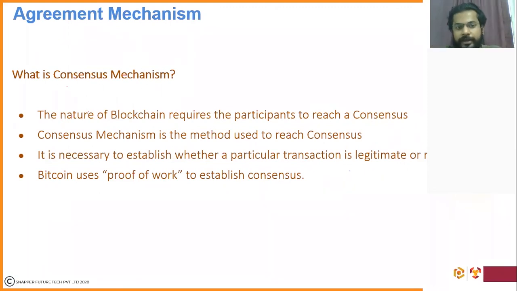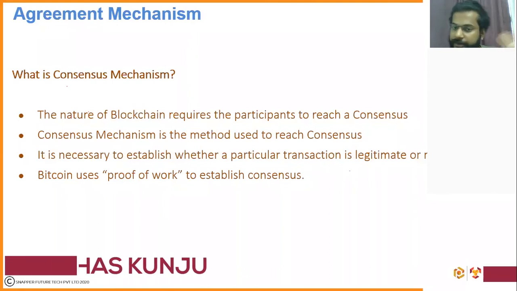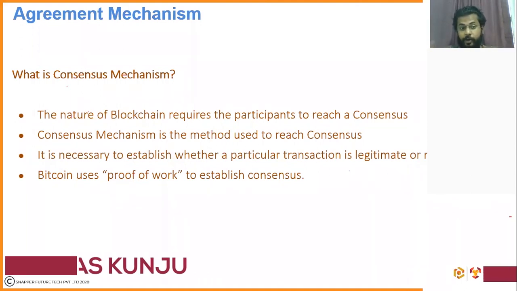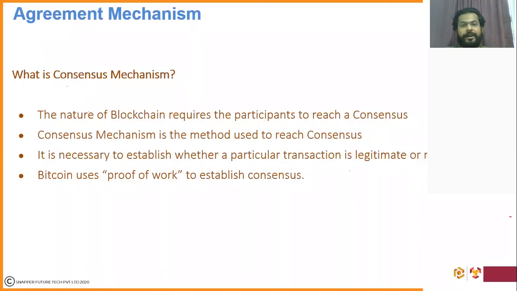That the network architecture of blockchain is peer-to-peer. Agreed? The second part: the ledger keeping process, the record keeping process, happens in a distributed fashion and it is called a distributed ledger. Agreed? Yes, sir. Everyone has to come to a consensus that this is the copy of the ledger, right? Everyone has to come to an agreement because it's a big group, right? There is no central person sitting in between.